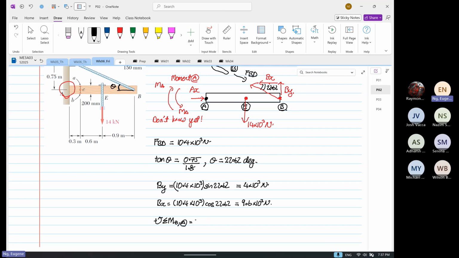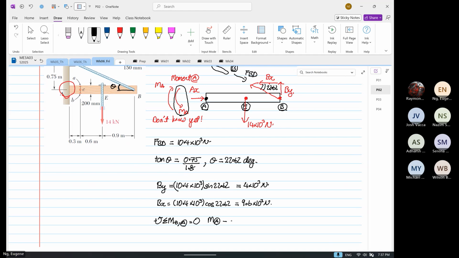A, the whole thing is equal to 0. Okay, so I'm going to assume now that the moment is going to go anti-clockwise. Okay, I'm going to assume this one. So moment about A, I will have a moment going anti-clockwise, so MA, right? And then we will have